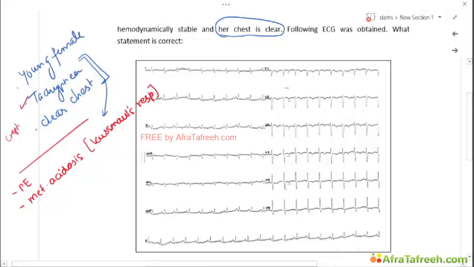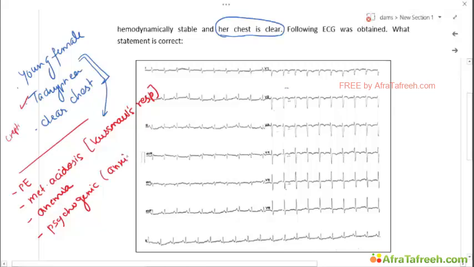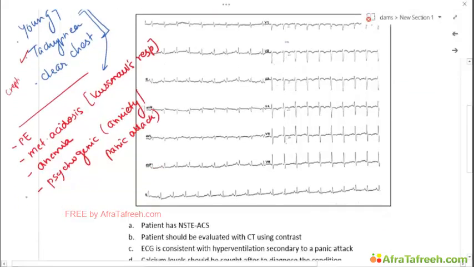If there is no primary lung pathology, the chest would be clear. Anemia can cause tachypnea, but usually the chest is clear. Psychogenic, probably an anxiety attack or a panic attack. In this case also, you will find the chest to be clear, but this should be your last consideration